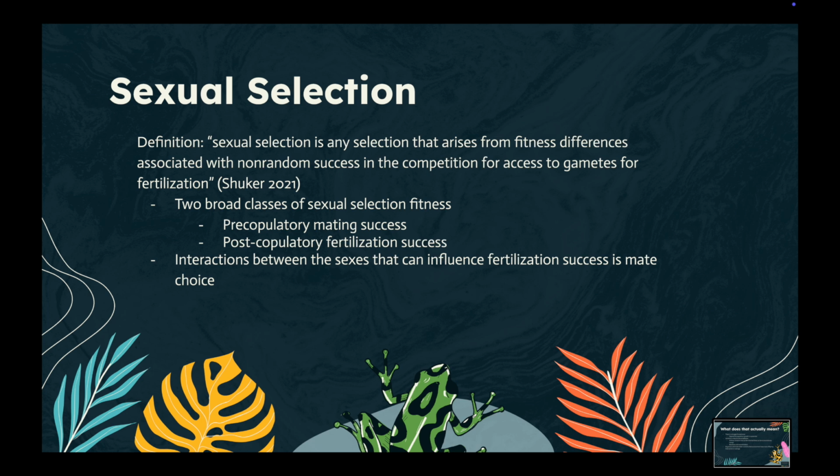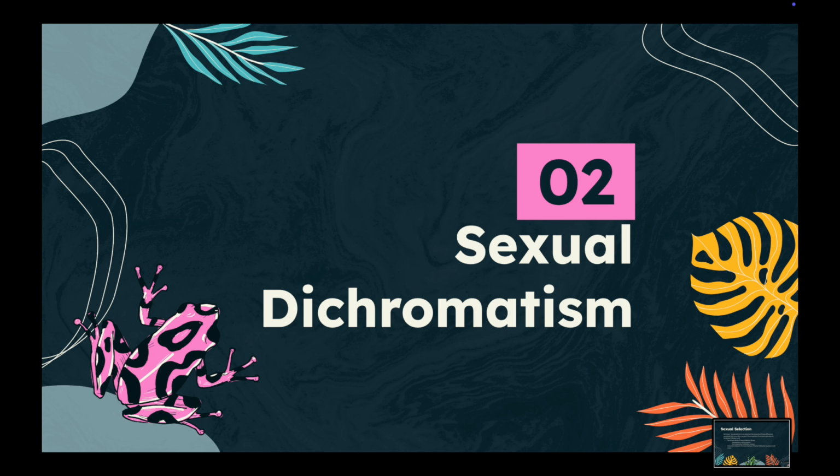And then these interactions between the sexes that can influence fertilization are called mate choice. That's when one sex competes to be chosen by another, which arises from these non-random patterns of mating and fertilization success. So now on to my example of pre-copulatory mating success, and that is sexual dimorphism, specifically sexual